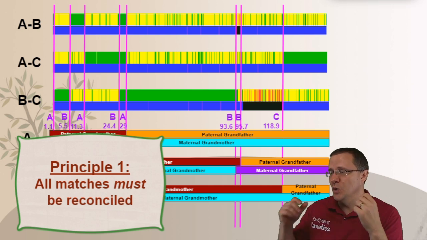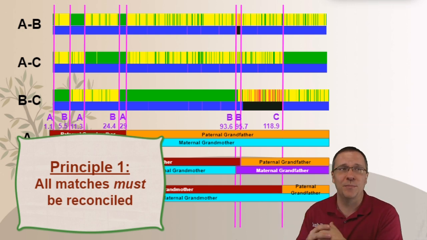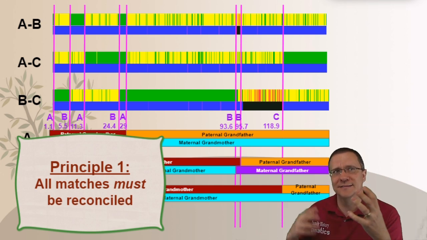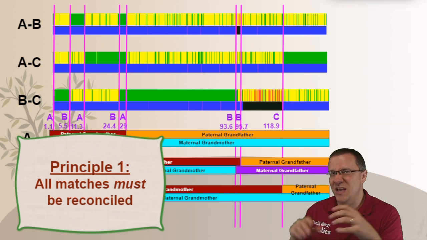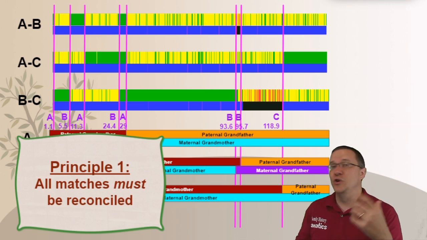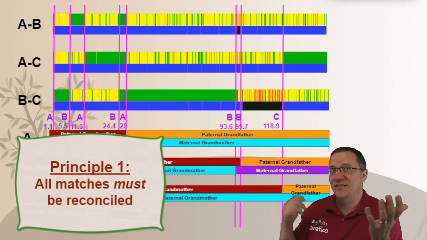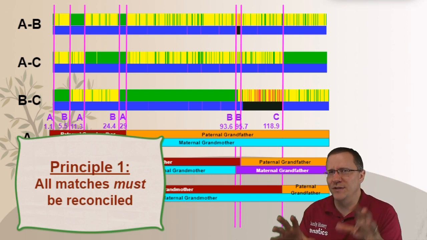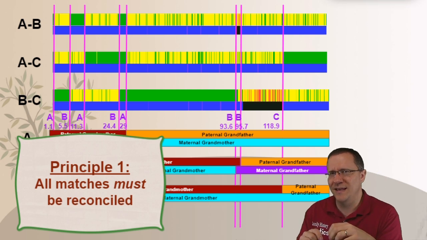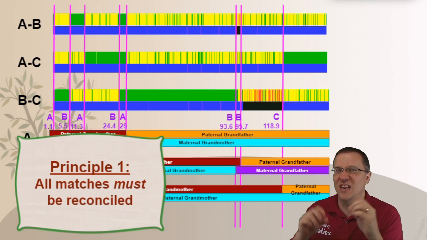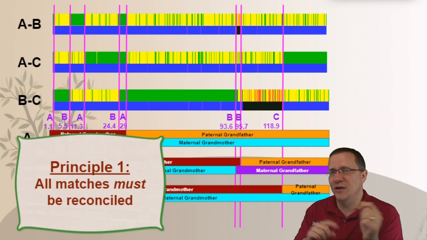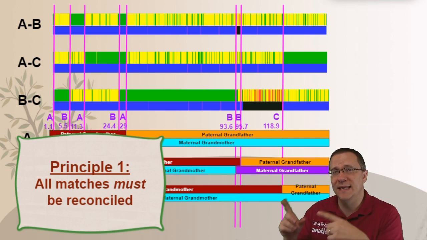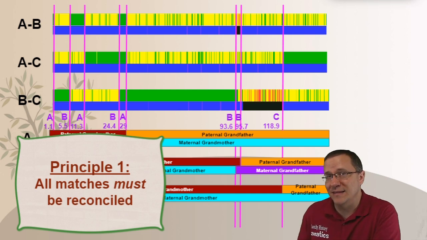This could be because your genealogical tree is incorrect. It might be that there was an NPE along the way that you didn't know about that DNA is just now revealing. It may be that your visual phasing was wrong. You might have done the switch twice and that messed up where everything is lining up. There can be any number of reasons, but the important thing is that for every match that doesn't line up, you need to go back and reevaluate that and determine, is there a way that I can make this line up correctly?